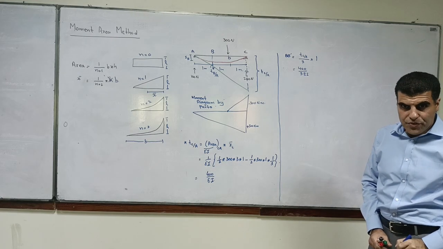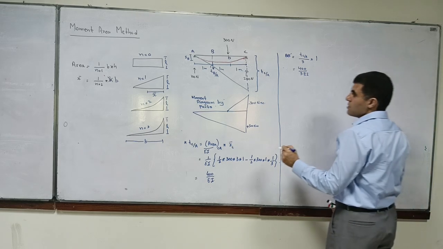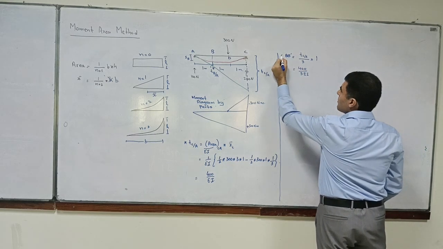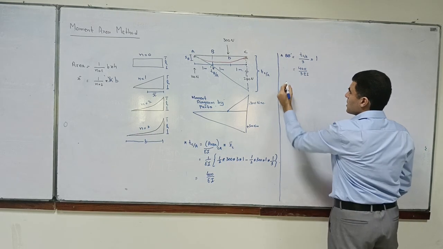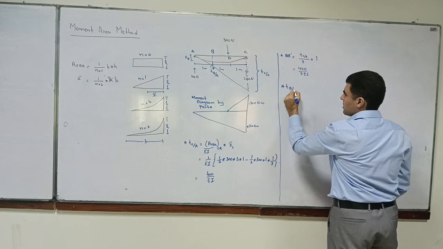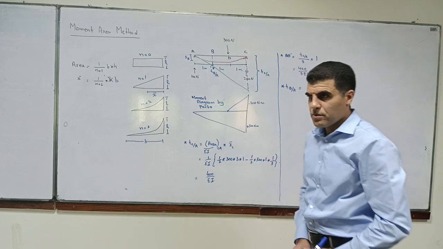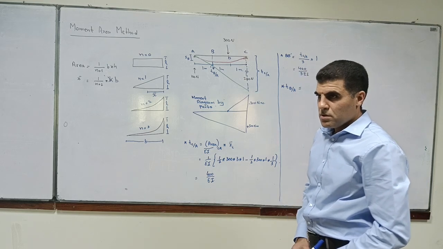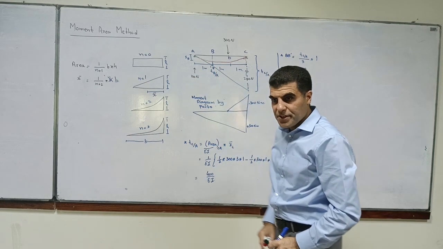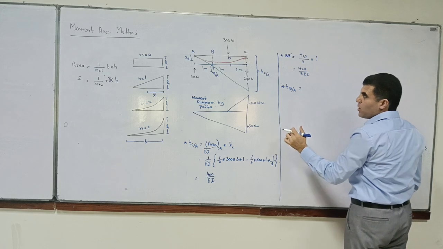This is a straight line. By similarity, perpendicular by base is equal to perpendicular by base. TB by A, which is equal to